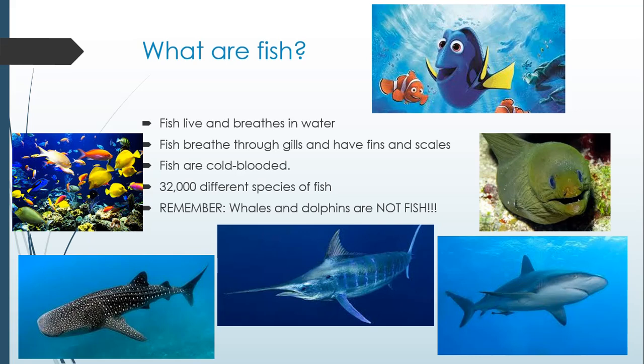So fish breathe through gills, and they have fins and scales. Fish are cold-blooded, so they tend to swim to warmer waters when they need to warm up, and colder waters when they need to cool down. And there are 32,000 different species of fish, and they can be really big fish like a shark, or even